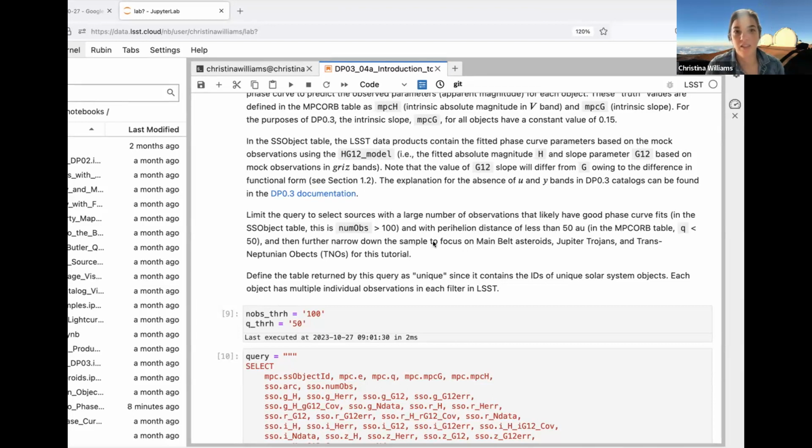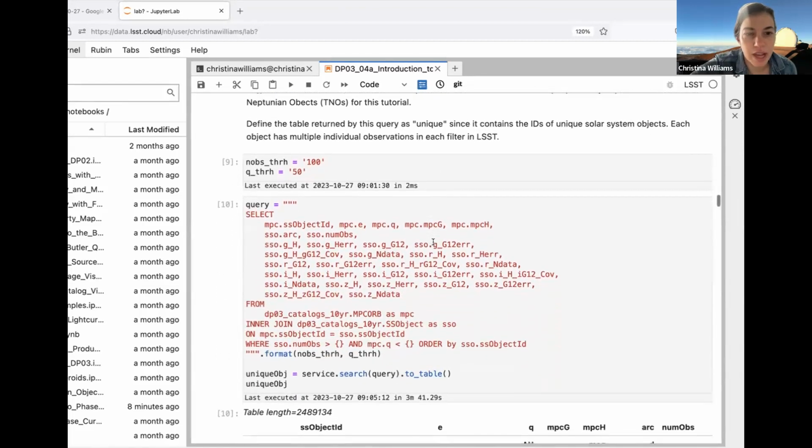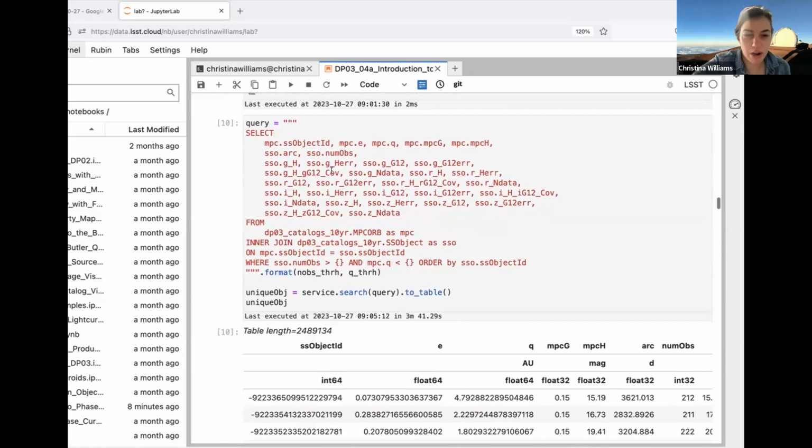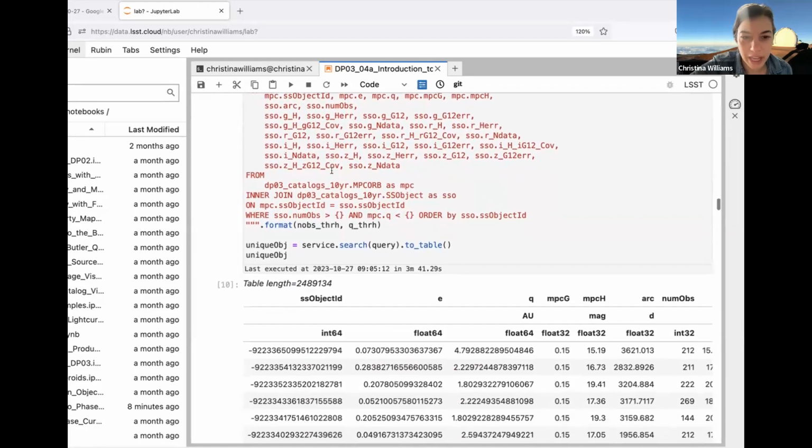That means these things are relatively close to Earth, and so potentially brighter, and are going to have higher quality data in the LSST data set. So we set these thresholds here in cell 9, and then we run this query. We're going to query for objects that have lots of observations and are closer than 50 AU from the sun.